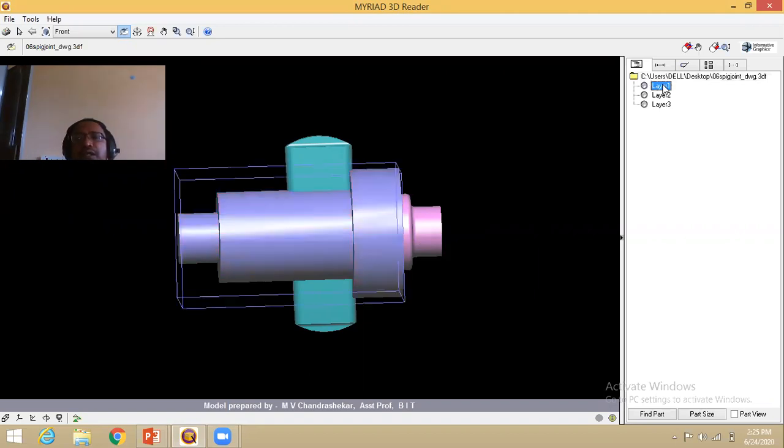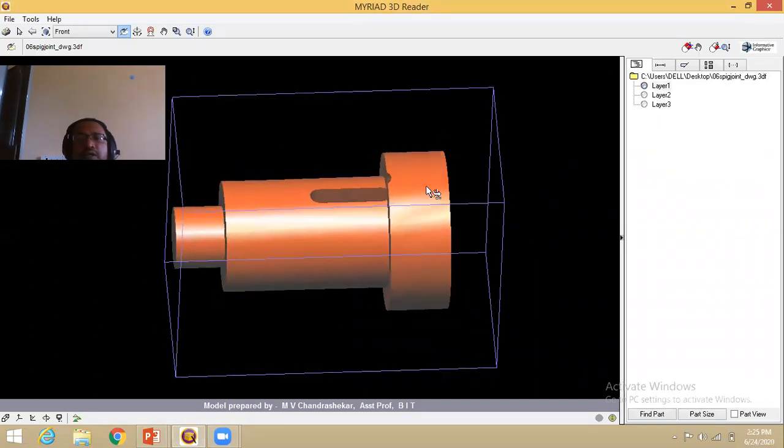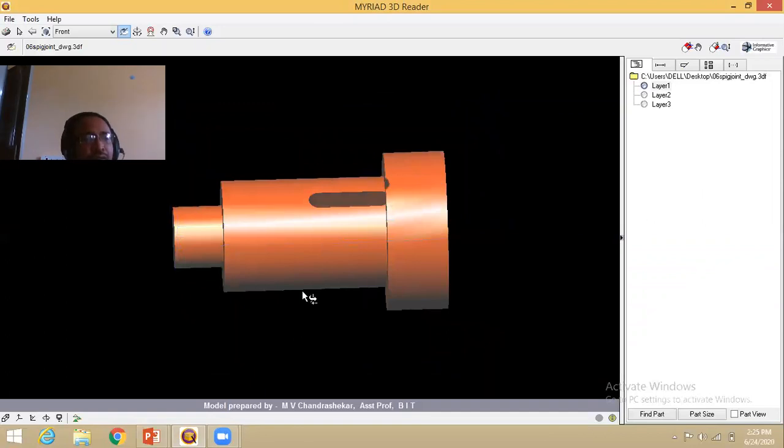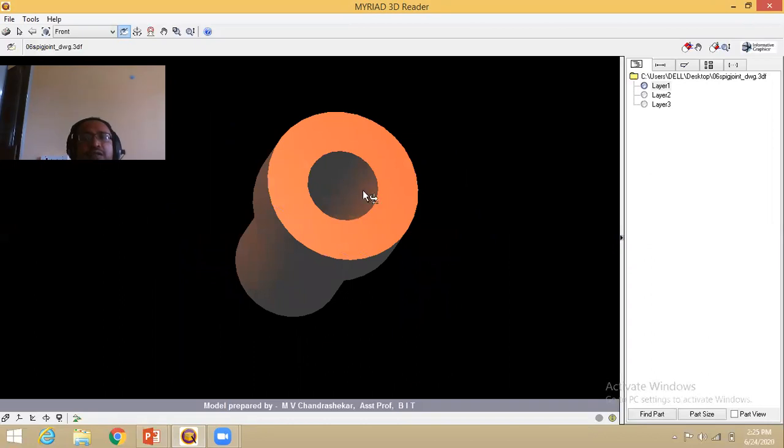So I take only this socket. In the socket, I already mentioned, this is the rod end. This is the socket end. This is the socket, and this is the inner diameter of the socket.